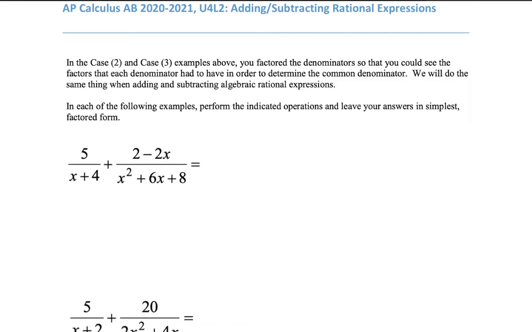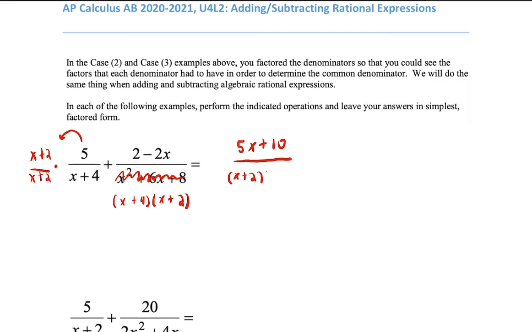And so in order to see what is the easiest way to do this, I need to factor. I don't just want to multiply the left and the right by each other's denominators. What I want to do here is factor this into x plus 4 times x plus 2. And so if I factor that out, what I can see is both of my fractions already have the x plus 4 in their denominator. I just need to multiply the left fraction by x plus 2 over x plus 2. And so what that leaves me with is 5x plus 10, that's this 5 times that x plus 2, over x plus 2 times x plus 4,